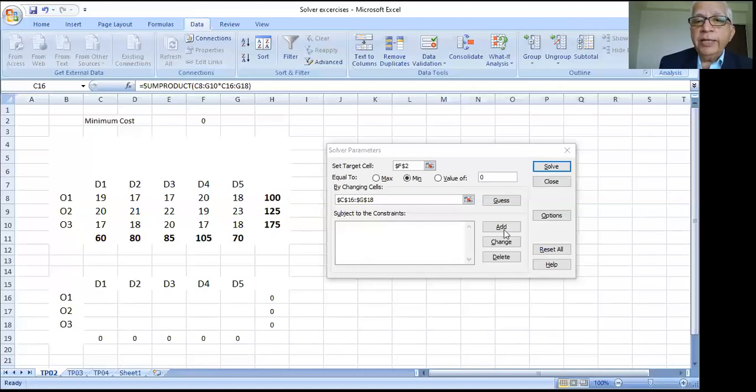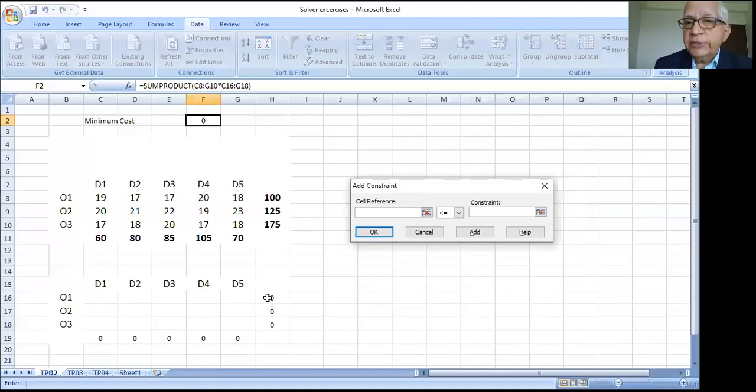So I am saying add. What is the condition to be added? This is the cell where the row number 1 total has been made. This is equal to, what is it equal to? It is equal to 100. Okay. So H16 should be equal to H8. This is the condition which has been added here.